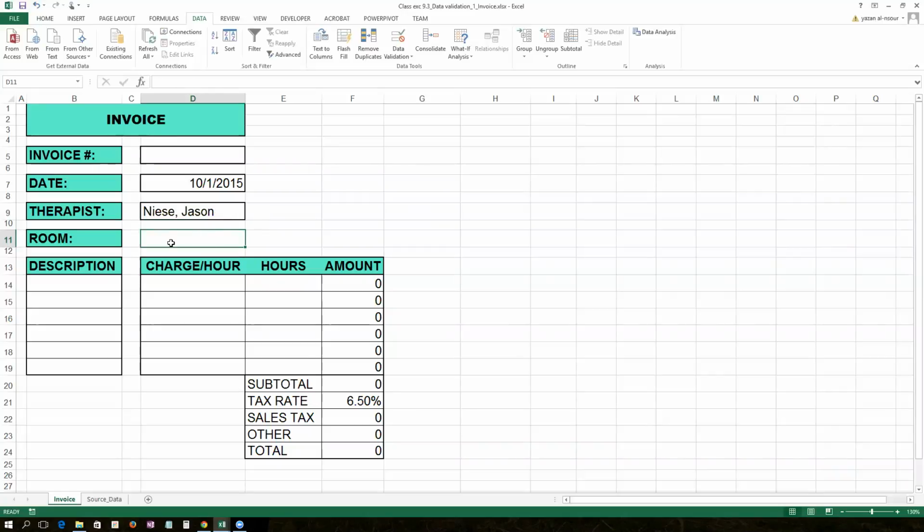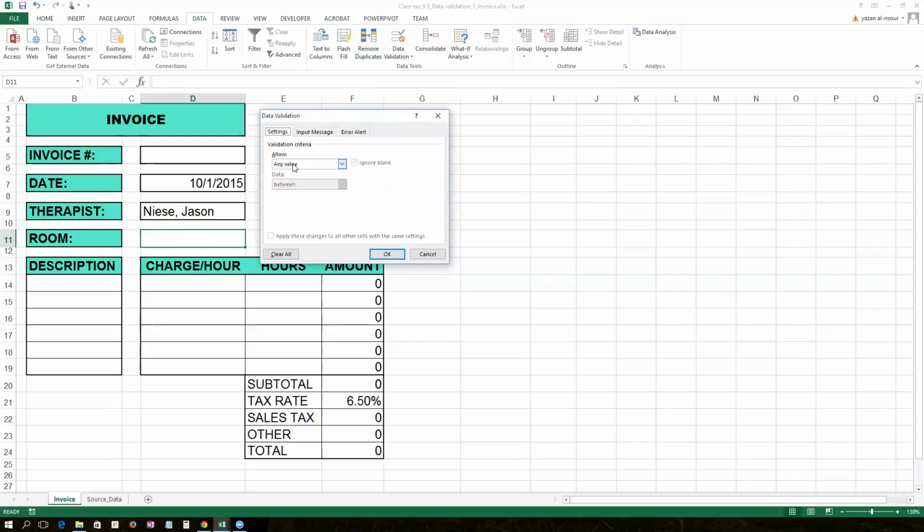Room number, we'll make it decimal. So let's assume that room numbers only allow decimal values. Go to data validation settings. I'm going to put decimal, so you only allow decimals. For example, the minimum value is 0, the maximum value is 9999. And I'll make the input message "Enter the room number,"